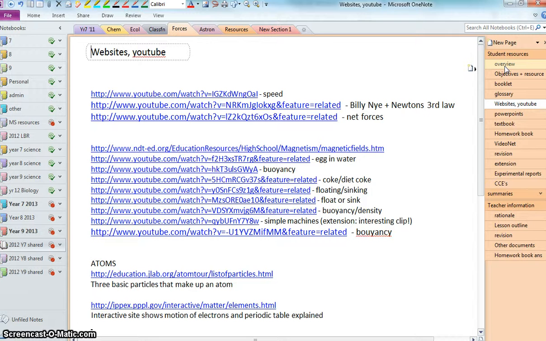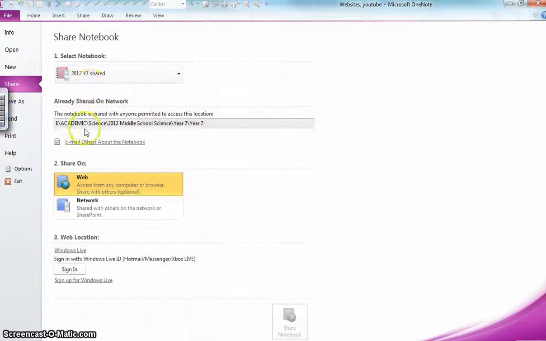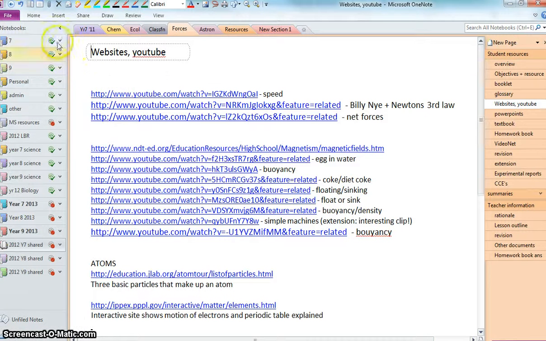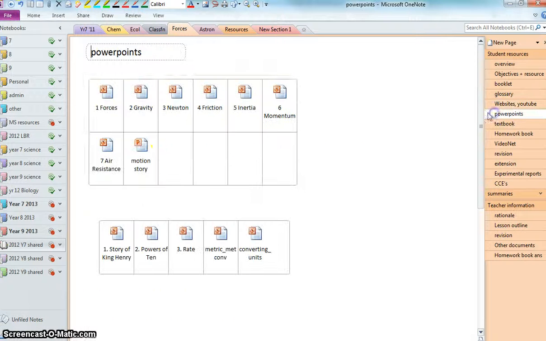to all these files. Whoever's invited to these notebooks along the left, you can invite, you can share, you can email others about the notebook, and if you accept that invitation, then you are able to access the notebook, and then you can add your own PowerPoints by simply copying and pasting and dropping them into this section here. So curriculum design really is a